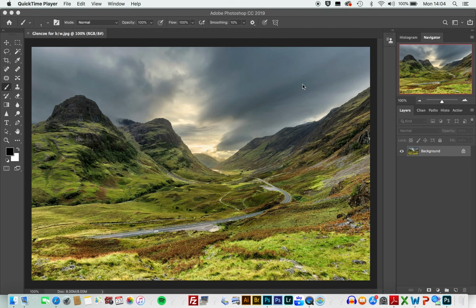This is the first of the screencasts that I'm going to be doing for our Photoshop Unit 2 work. I'll email this image to you. It's a lovely picture of Glencoe in Scotland, which we're going to turn into black and white. And I want to show you a few tips and tricks on how to add drama to the final image, to be able to control the darkness and lightness and the contrast in specific parts of the image